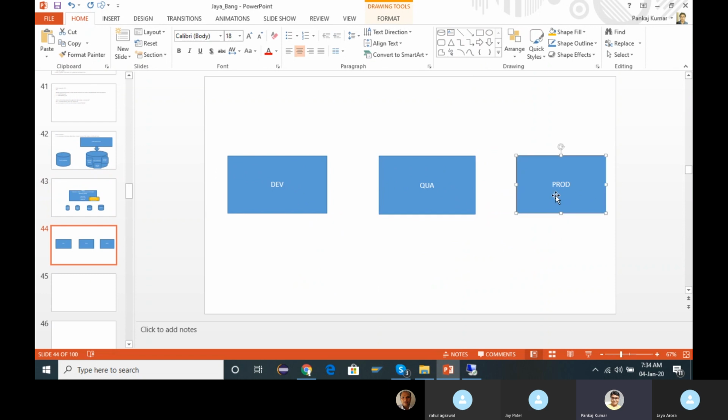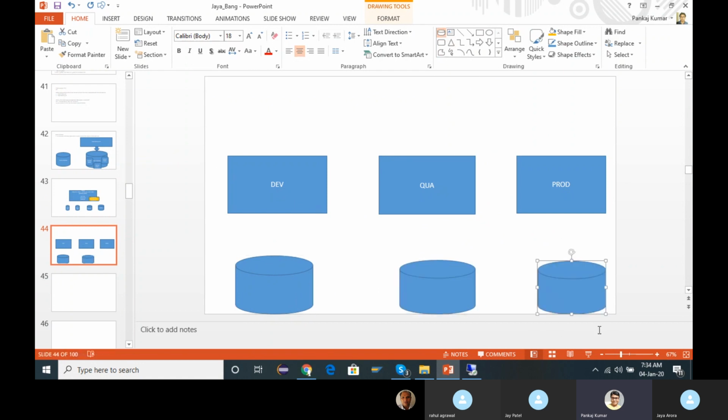For all the systems, development, quality, and production, the database through which your development is connected, the database through which your quality is connected, and the database through which your production is connected can be different.